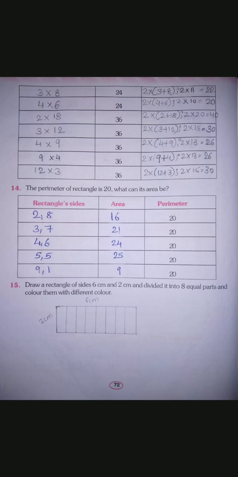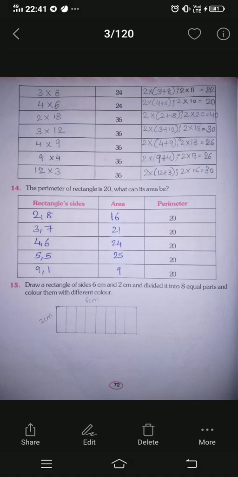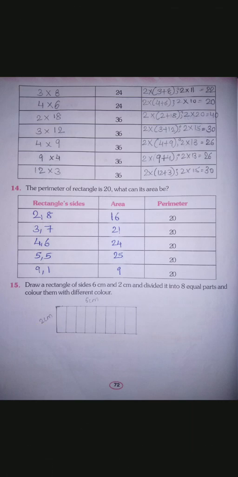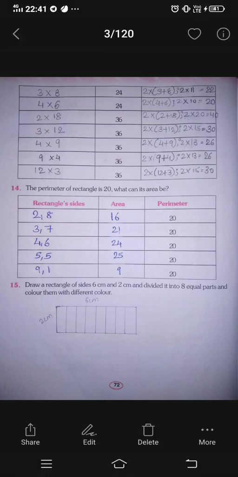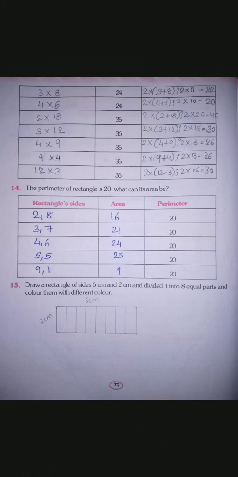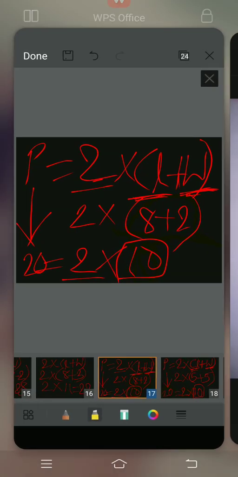Okay. So you have to draw a rectangle 6 centimeter length, 6 centimeter एक side होगा, 2 centimeter दूसरा side होगा. आपको उस rectangle को 8 equal parts में divide करना है. You can either divide like this or you can divide in a different way also. बस 8 parts अंदर होने चाहिए and 8 equal parts should be there. ऐसा नहीं कि एक बड़ा एक छोटा. So 8 equal parts you need to make. You may also do this way children.